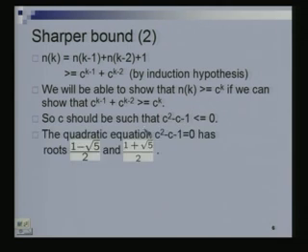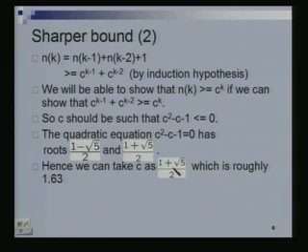Right. So, we will just solve this quadratic equation. This has roots, right, 1 minus root 5 by 2 and 1 plus root 5 by 2. This is negative. So, anything in between would keep this less than 0, right. But I want as large a c as possible. So, I will take 1 plus root 5 by 2, which is roughly 1.63. Right. This quantity is also known as the golden ratio. Okay. So, we will see this more often perhaps.